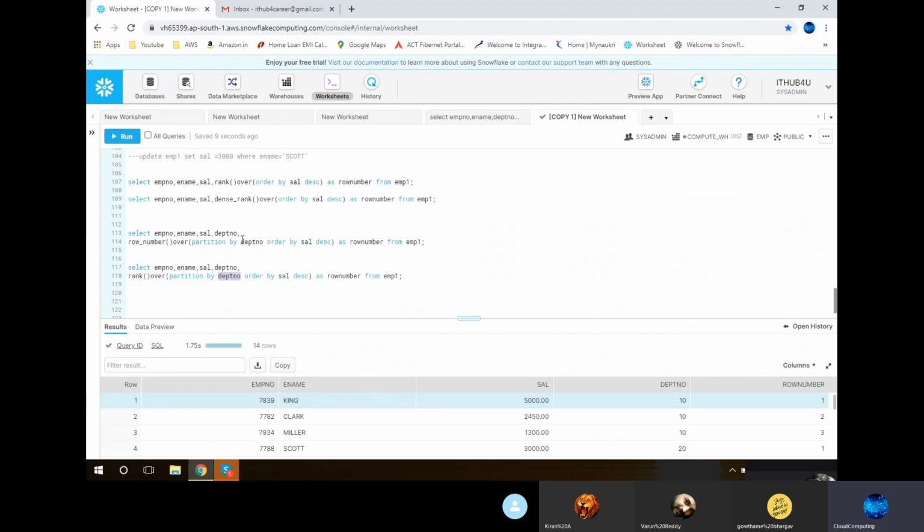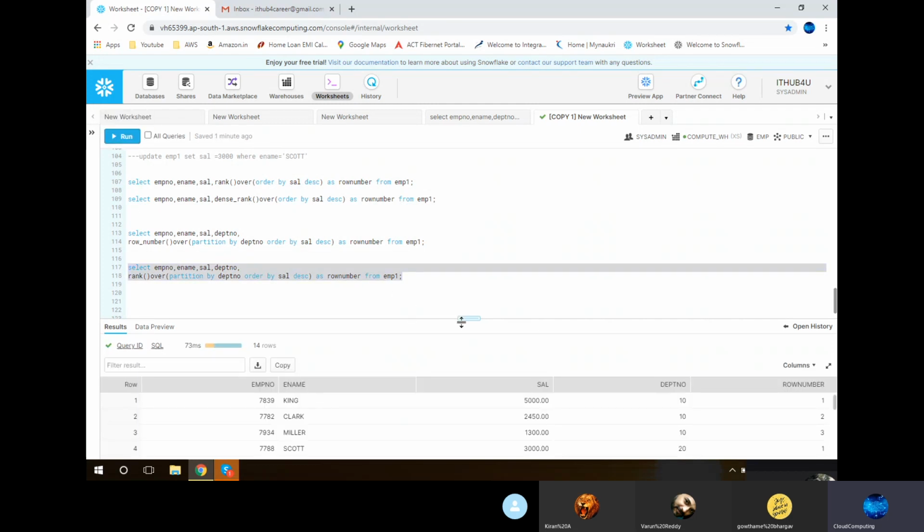In that case, today's result will be different from yesterday's, because today we are doing partition by department number. We go to each specific department number, and on top of it we give these ranks.